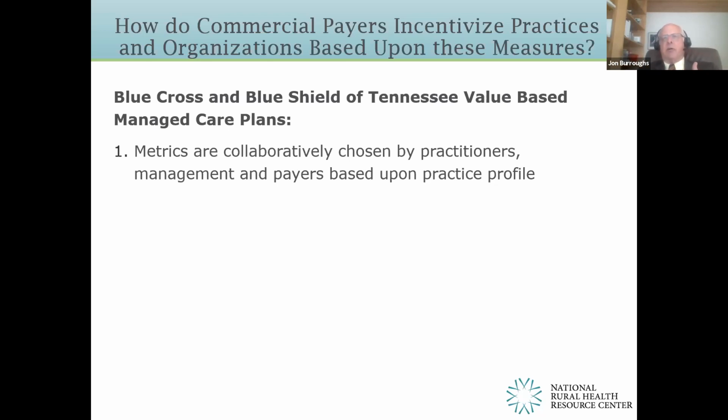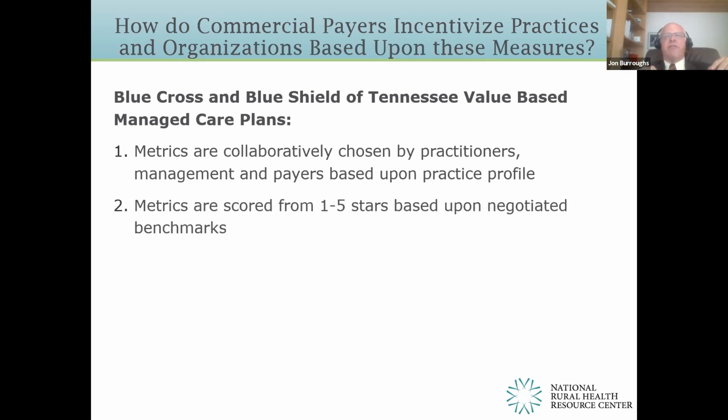And payers know which groups represent the cost outliers for their insurance plan, their health plan. And so what they want to do is they want to create incentives around what I call the vital few. In other words, take the few things that are responsible for the greatest percentage of the costs and incentivize those to leverage the greatest improvement with the least amount of expenditure of resources. And that's exactly what you want to do.